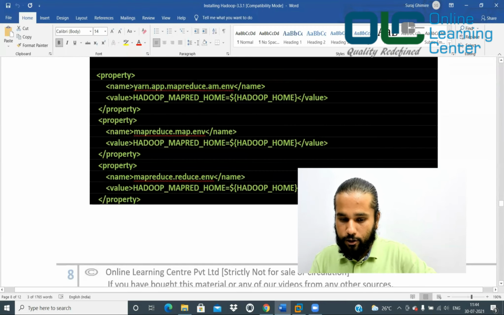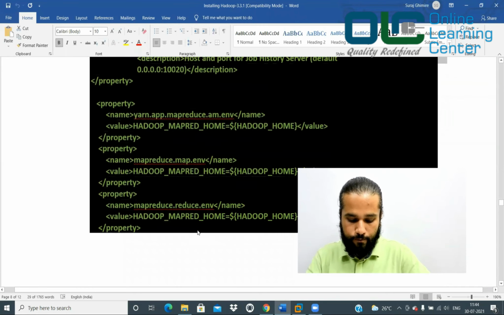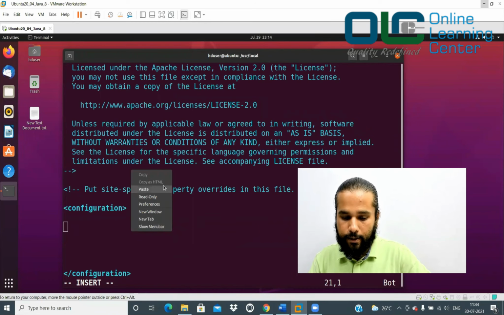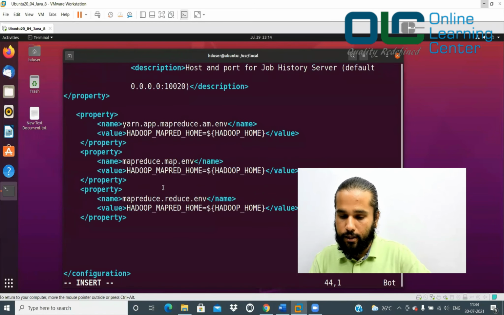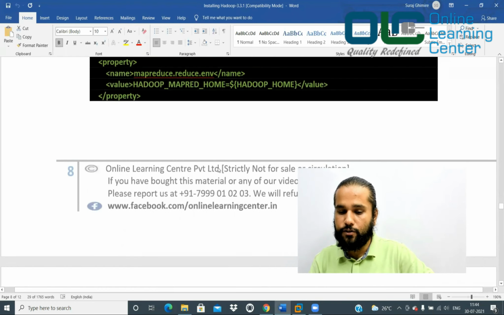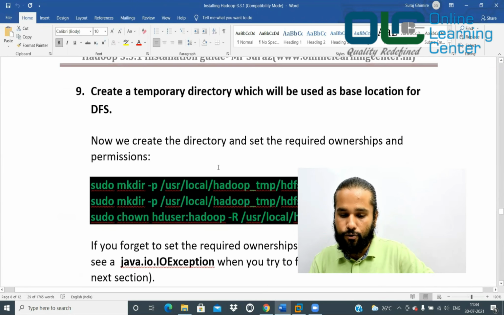Otherwise, if you type, you will make one mistake or another and then it will definitely not work. So copy this together, right click here and say paste. Done. Again, say escape, colon wq, enter. This is also updated successfully. Now, anything interesting here? Not really. So let's go down.